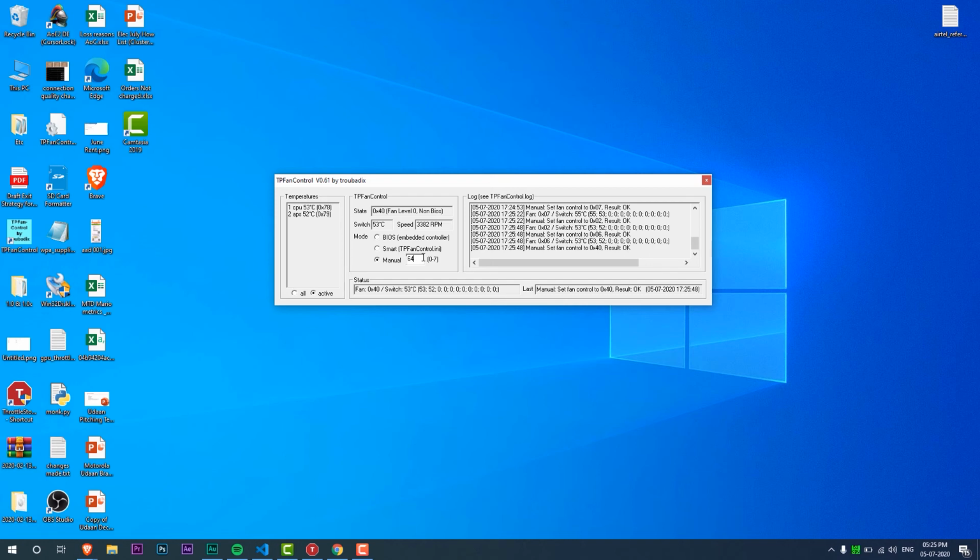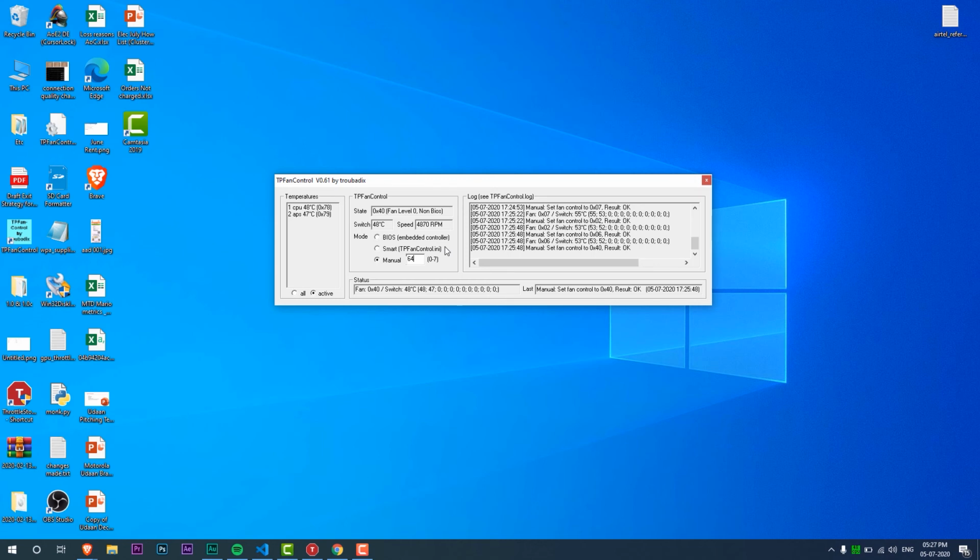So every time I'm going into a gaming session while using this laptop, I ensure TP Fan Control is set at 64 to provide that extra boost in fan speed while gaming. It's a good way to shave off another 4 to 5 degrees from both my CPU and GPU temperatures through this tiny little software. You can also specify your own curve in terms of what the fan speed should be at a particular temperature, and this is what the smart mode is here.